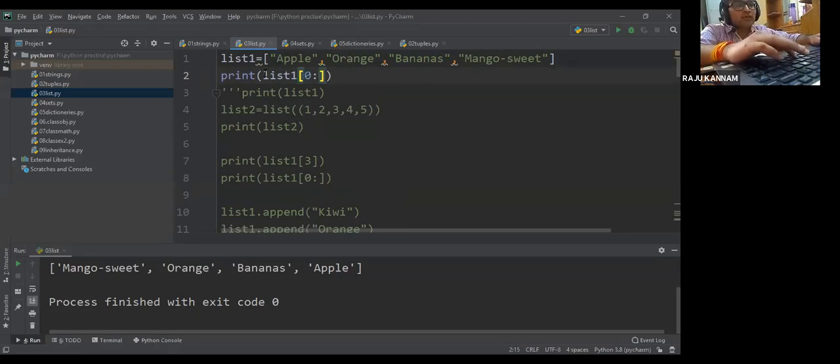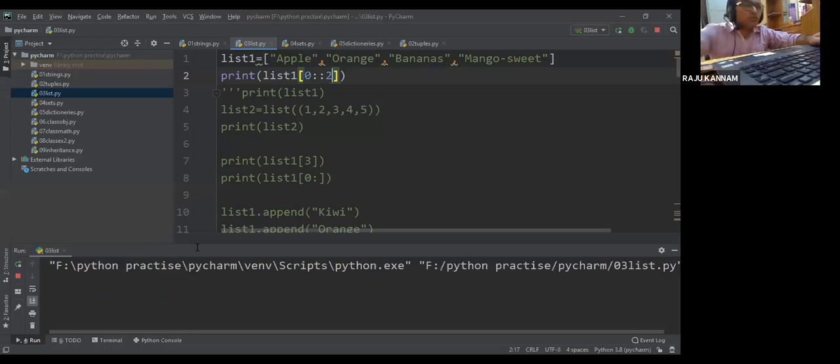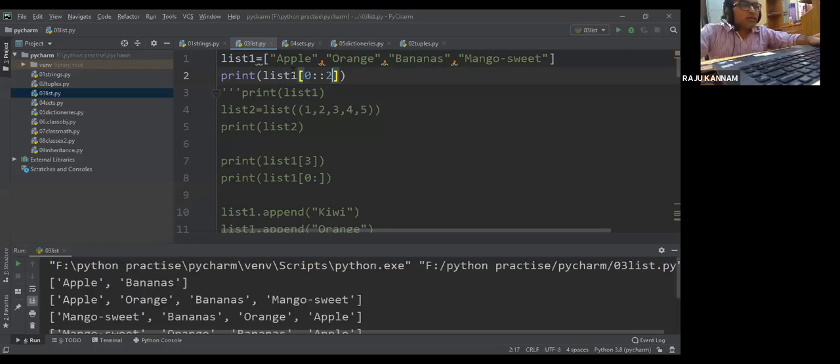Okay, 0 to n. Every time I want to increment by 2. Okay, so now if you execute this, you can see here that apple and banana will be printed.